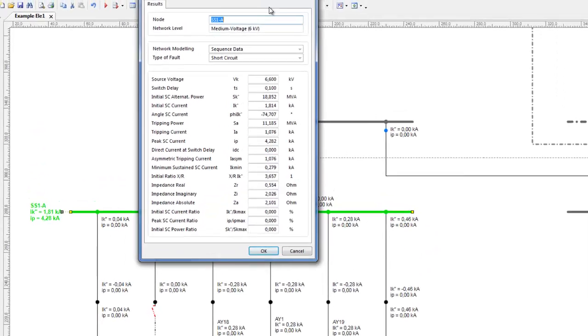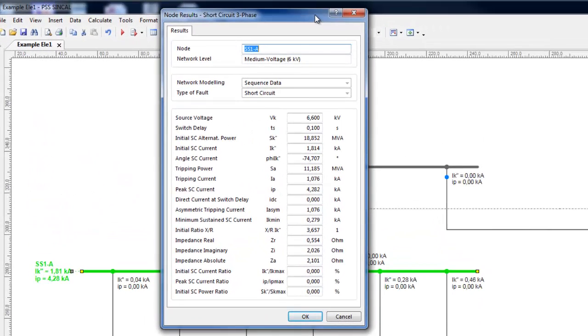Detailed results are available for branches or for nodes. The initial symmetrical short circuit current, used for the thermal sizing of equipment, earthing, interference, and EMC. The peak short circuit current, used for sizing mechanical withstand capability of equipment. Tripping current,